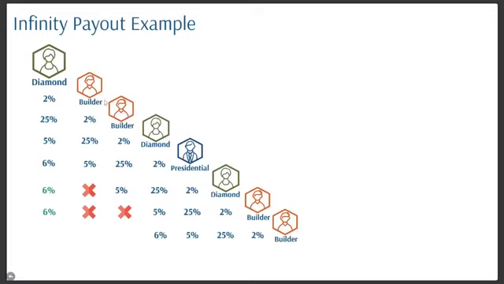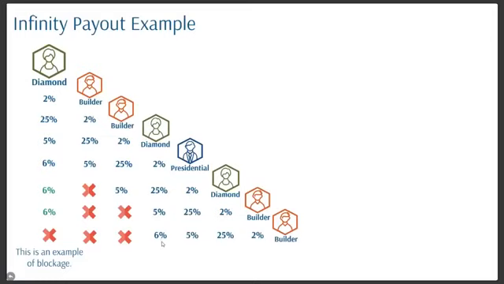So what would these builders get? They're not going to get anything. Well, what would this diamond get? If you said nothing, you're right. And this is the very first example of blockage in this diamond's downline organization going straight down this leg. The reason is that we're paying the percentages that a distributor in the upline organization qualifies for. So we've already paid 1, 2, 3, 4 percentages of their LP.